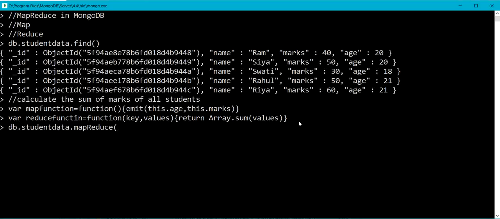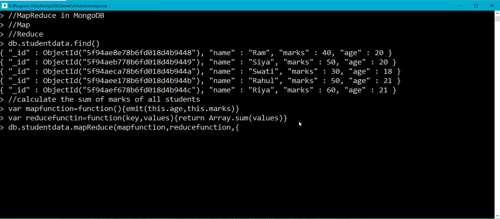For this MapReduce method we require arguments. So the first argument I'm going to take here, it is a map function. Second argument is a reduce function. Already we have defined. And the third argument is the name of the output collection.